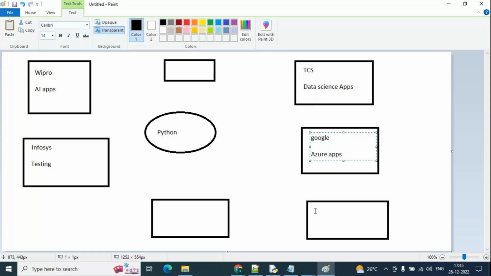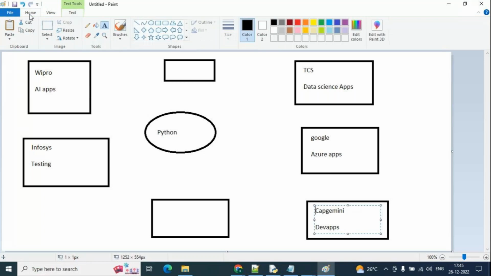Here one more company, for example, you can take any company: Accenture, Capgemini, Cognizant, like so many MNCs. Here DevOps related work, it's an assumption like this. So right now,